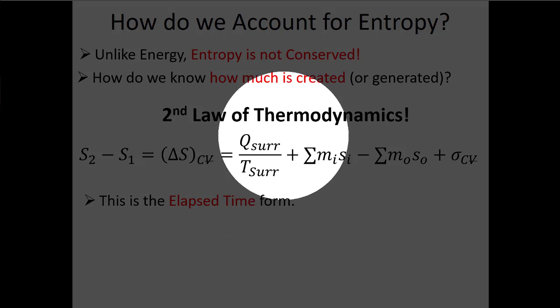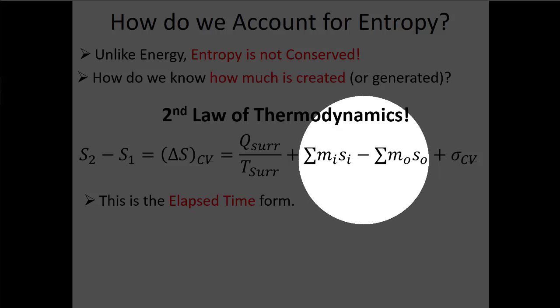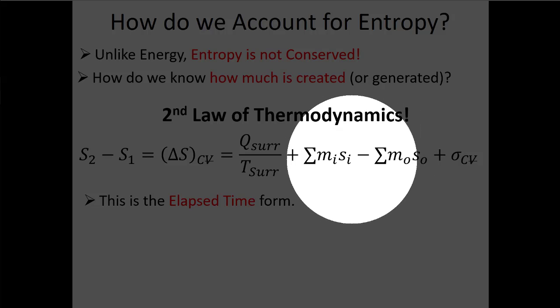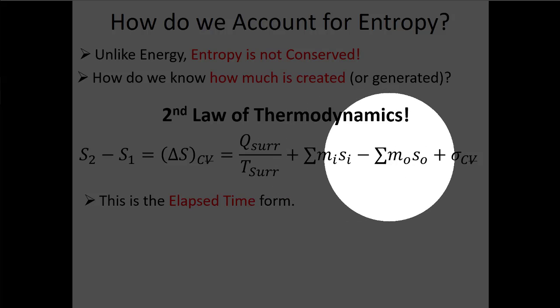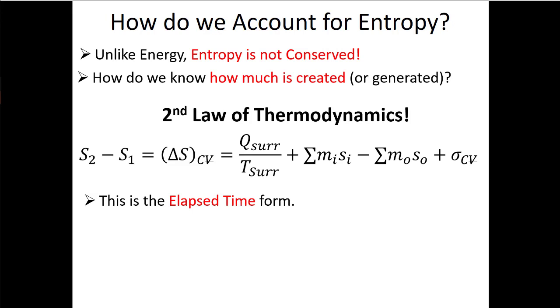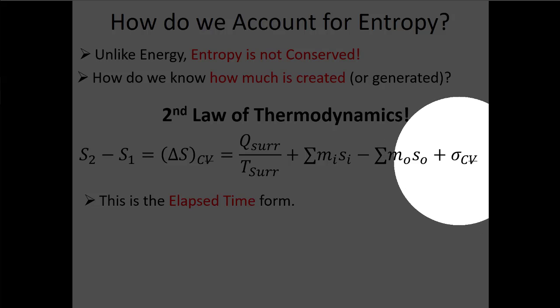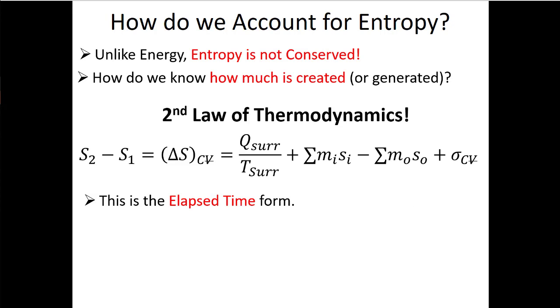Right now, we can still have mass coming in and out, right? Like Donald and Goofy in the beanstalk. So I take the mass times the specific entropy of all the stuff that comes in, minus the mass times the specific entropy of all the stuff that goes out. And then I have this term. This term is kind of the whole reason that I do a second law analysis, right? The sigma term. This is my entropy generation term in the control volume. That's what CV means here. So I know for a process to be real or possible, that entropy generation term has to be positive,